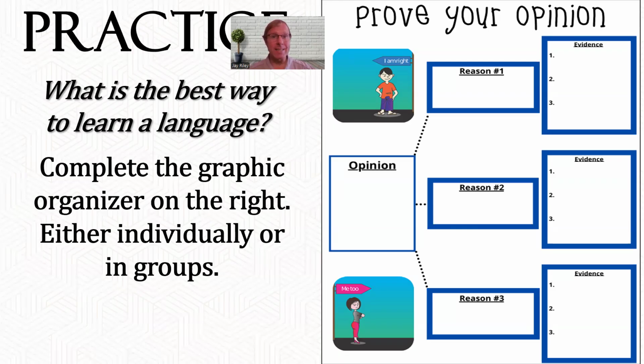Attending classes or living in another country. And I want you to think of 3 reasons why you think that's the best way. So each reason should be listed in one of these boxes. And for each reason, you should have 3 details, facts, or examples that support that reason.